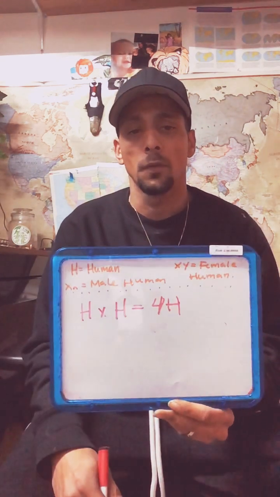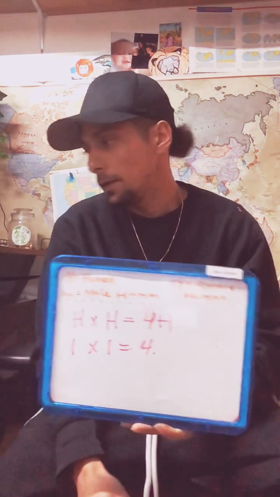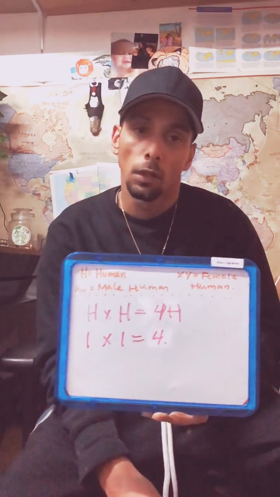Human times a human equals 4 humans. So you also can write that out as 1 times 1 equals 4. Jesse Lee Peterson would say, what the? Right? Jesse? Now, 1 times 1 equals 4. The fuck? Right. Let's write that equation out. And you gotta understand that